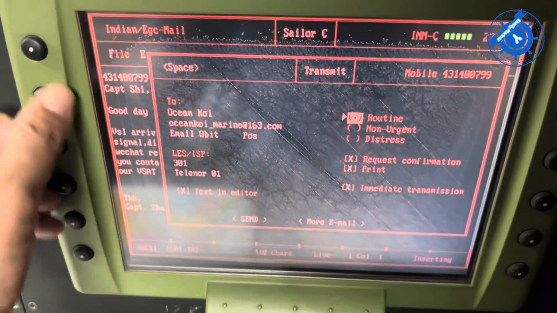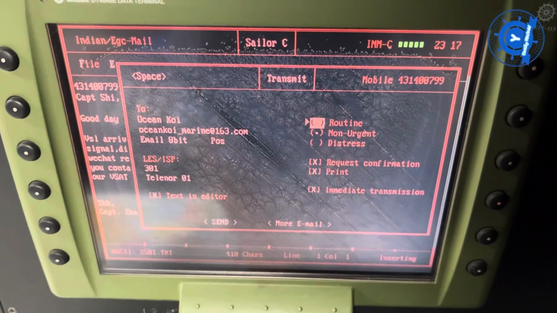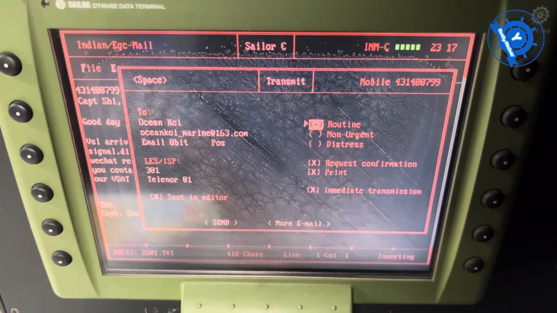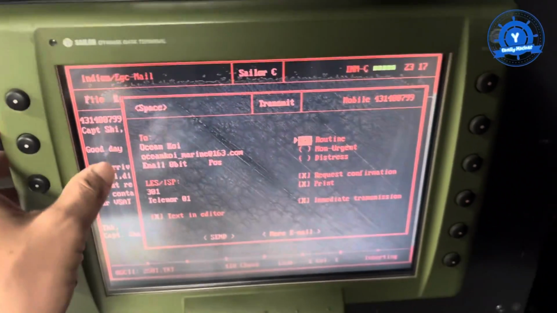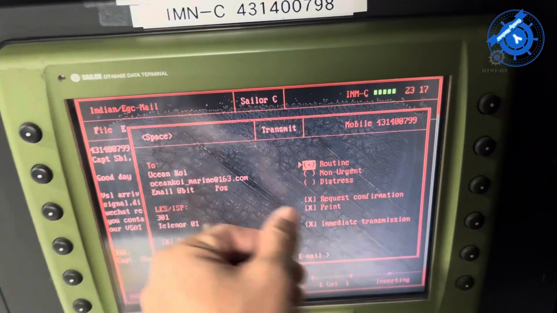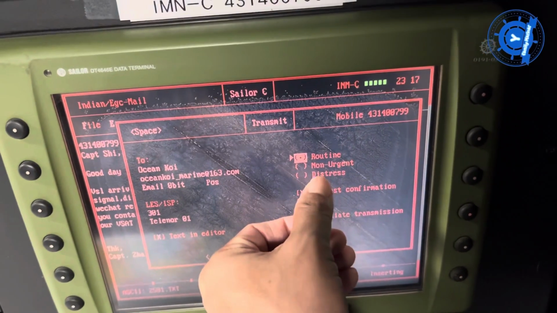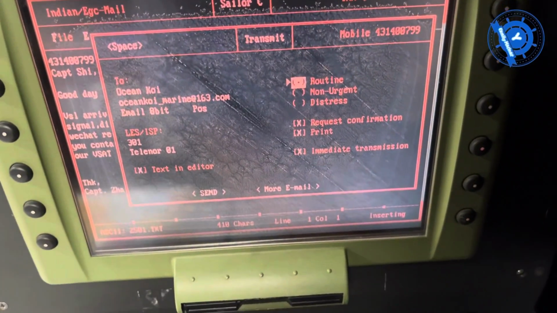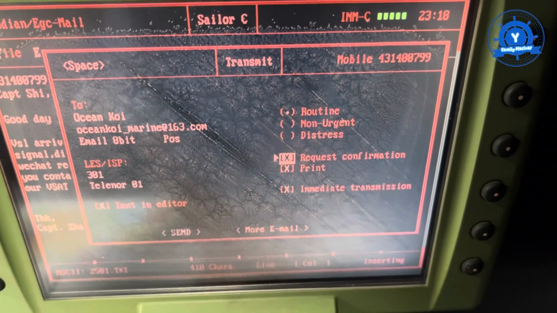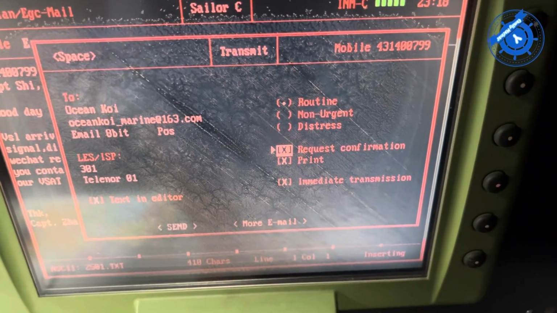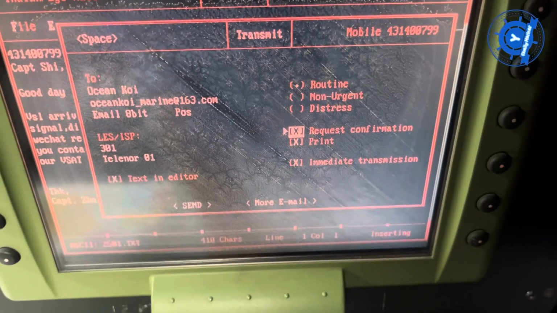So for routine, you can choose routine. You can try distress too, but normally this message is not a distress message, so this time I didn't choose distress. And then record confirmation. That is also for confirmation, you need to request confirmation.